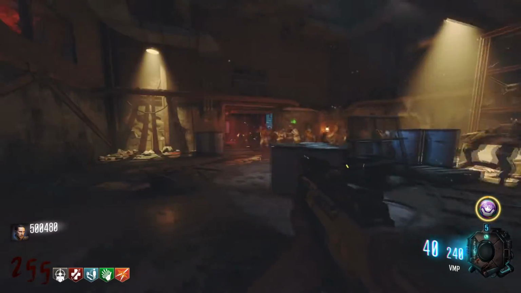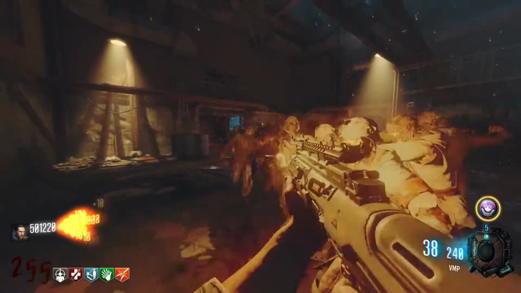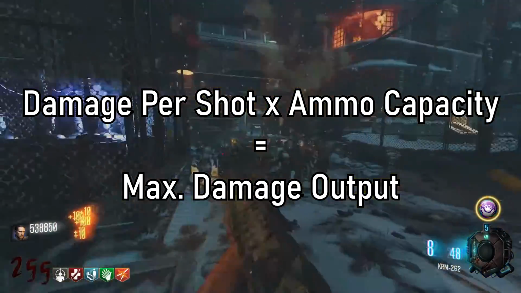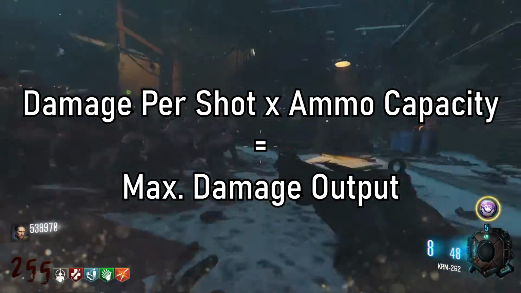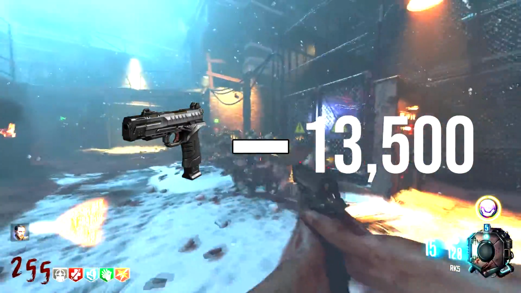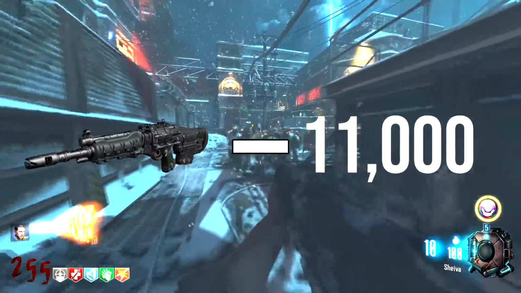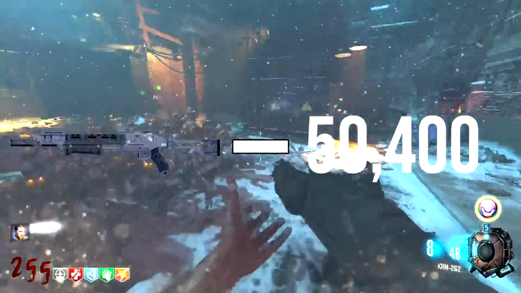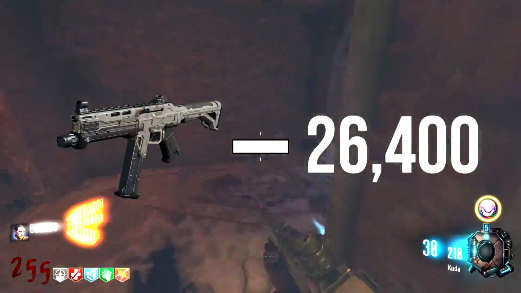I've taken the liberty of looking at how much damage a single shot from each of the war weapons deals, and then multiplying that number by the total amount of ammo that each gun can store, which will tell us the maximum damage output that can be dealt from that gun. For the RK5, the maximum damage output is 13,500, the Sheiva 11,000, for the KRM 262 shotgun it's 50,400, the Kuda you're looking at a maximum damage output of 26,400,